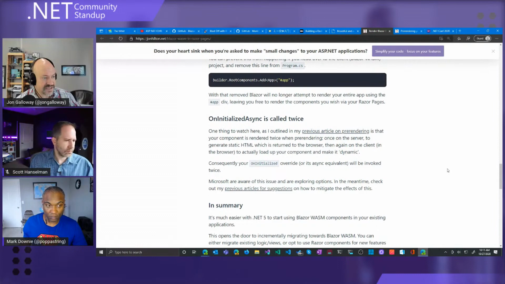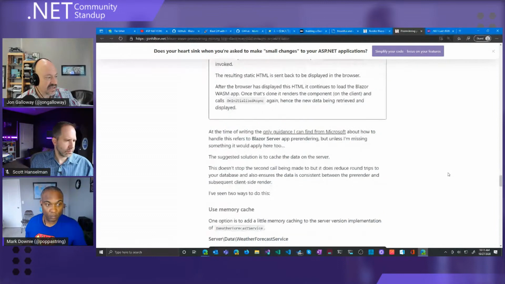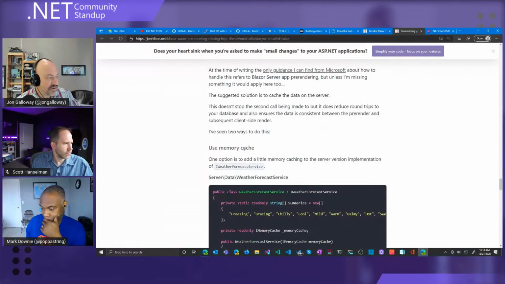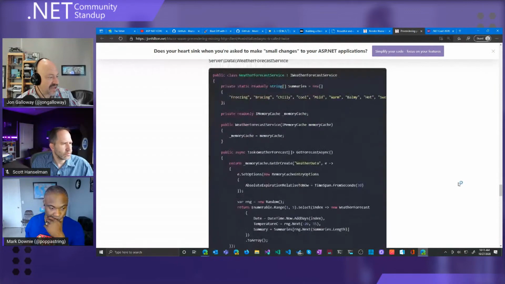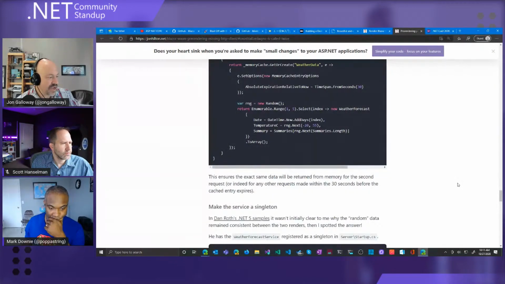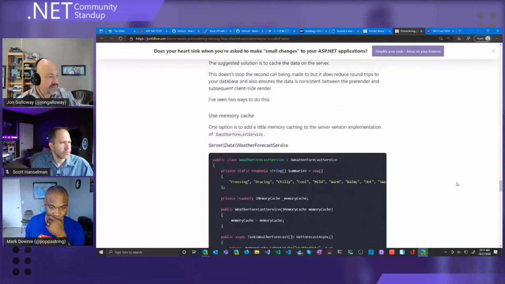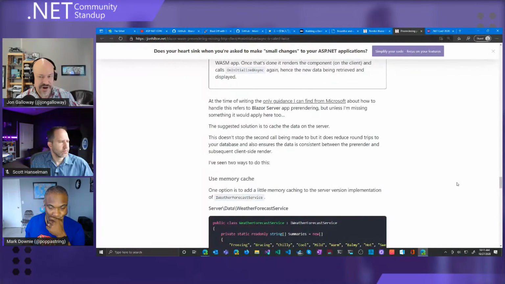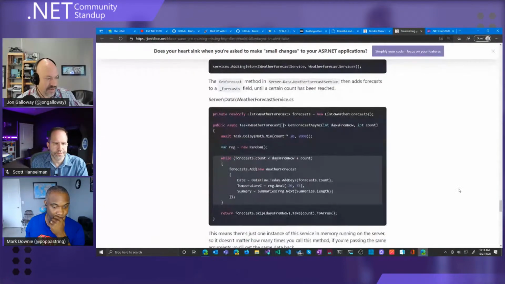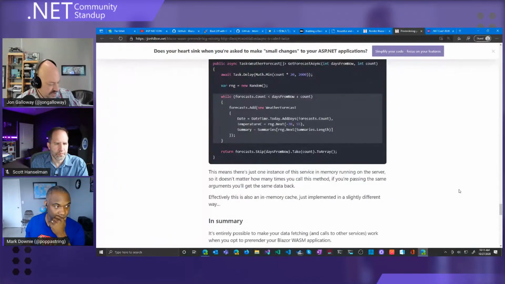And here he explains why that is. He talks through a few different options: you can use caches, you can make a service singleton. And then he mentions too that this is kind of an early and a hybrid scenario, and so he does talk through that this is something that looks like it may continue to evolve. But neat to know that you can do that.